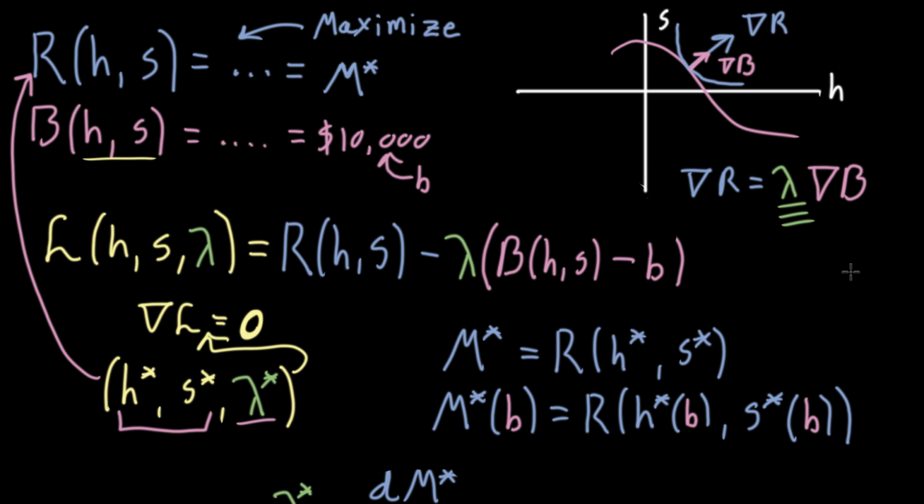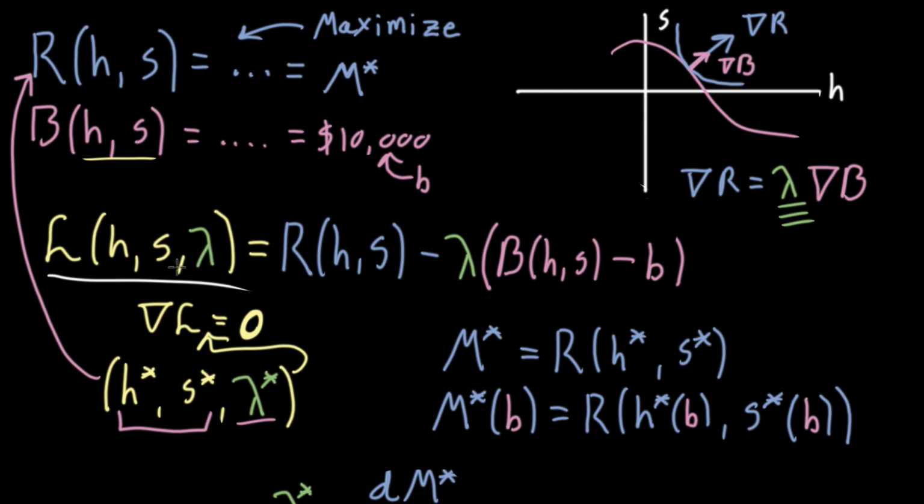All right, so last video, I showed you guys this really crazy fact. We have our usual setup here for this constrained optimization situation. We have a function we want to maximize, which I'm thinking of as revenues for some company, a constraint, which I'm thinking of as some kind of budget for that company. And as you know, if you've gotten to this video, one way to solve this constrained optimization problem is to